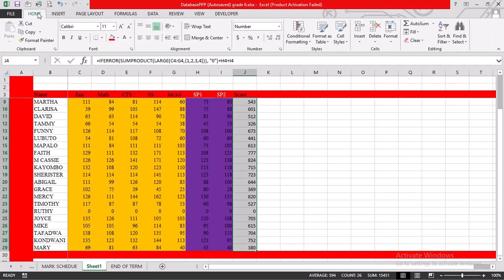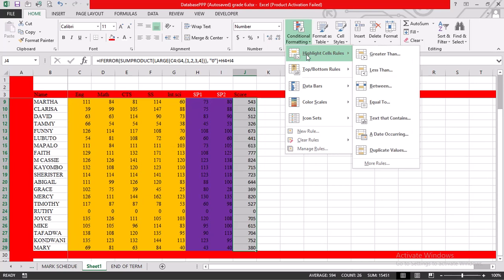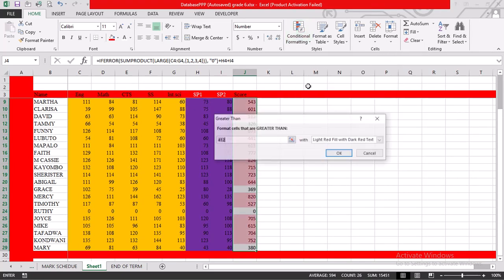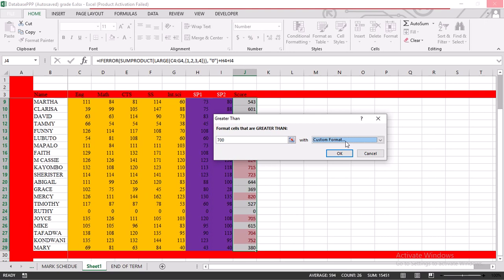Next time we're going to look at conditioning. You come to home page, then you click here, want to condition using a rule, a cell rule. I just want all cells that are greater than 700. All cells that are greater than 700, I want them to turn to green. Let me customize it. I want them to turn into green. Then the text should be red. Oh no, not red. I think the text should be which color do I like most? My brother's favorite color,